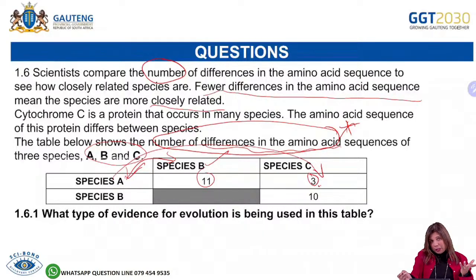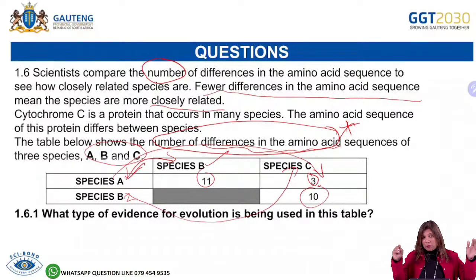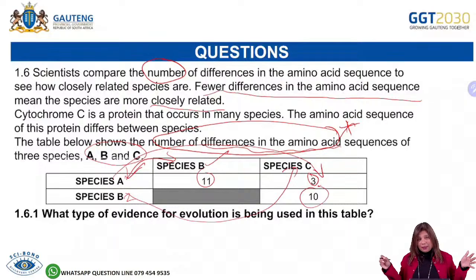Let's see, maybe there's someone more closely related. We don't know. Let's look at species B and species B. Obviously, there's not going to be any differences. It's the same species. We can't compare. Species B and species C. How many differences? 10 differences. So we already know who's more closely related and who's more distantly related, just by looking at the data that